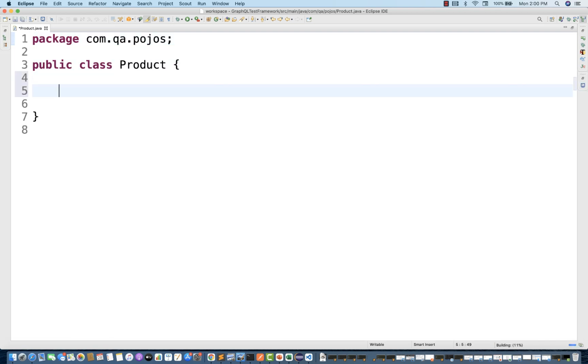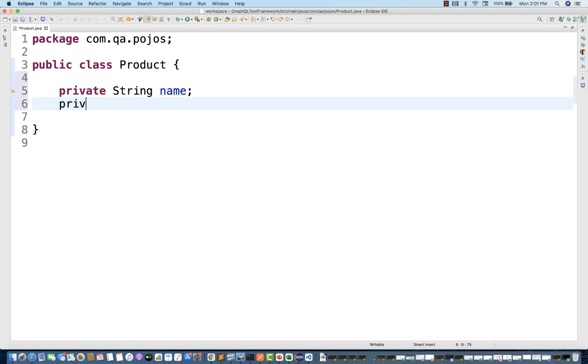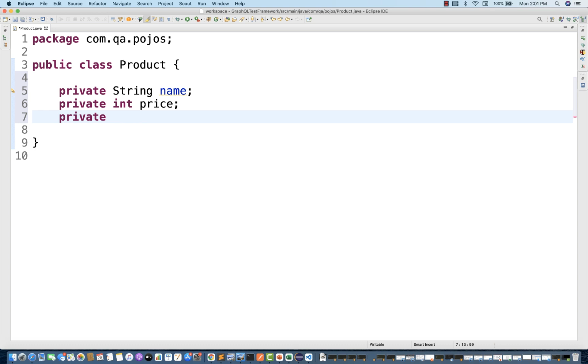So I'm going to define some private properties. Every product will have its own name and its own price. Let's say price is an integer, and color will be a string. Every product also has multiple sellers, let's say 3 or 4 sellers or something like that.